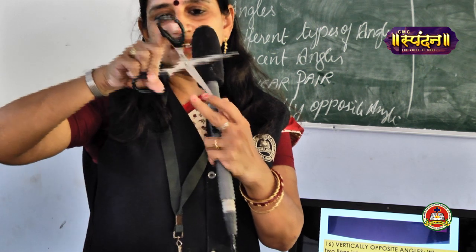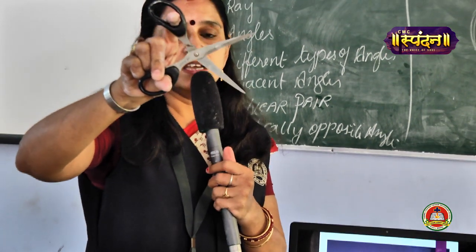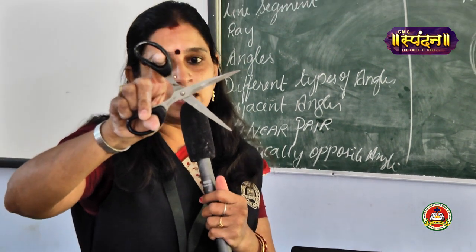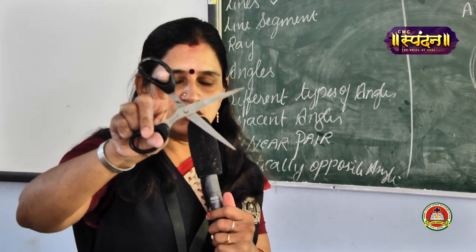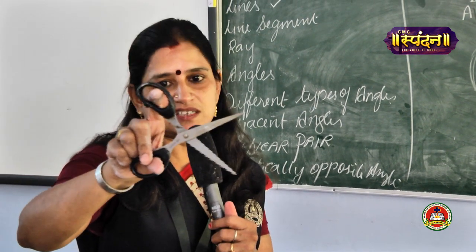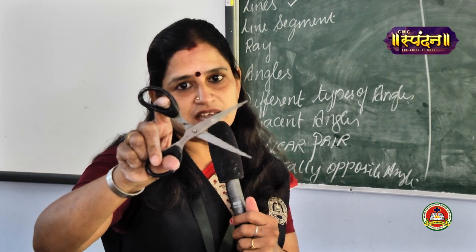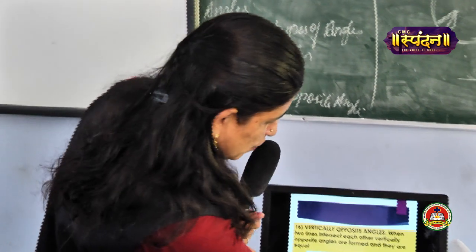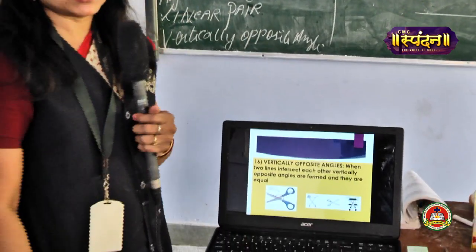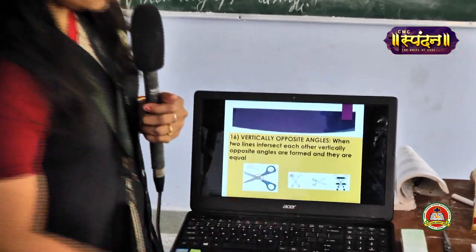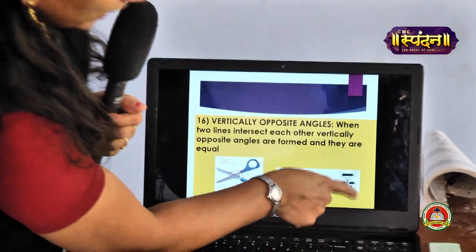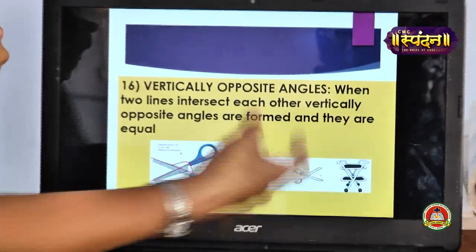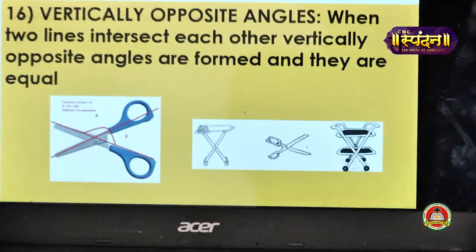So when two lines intersect each other like this, the vertically opposite angles are equal. The best example in your house is scissors. You can open the scissors and see how vertically opposite angles are formed. Here also I have shown the example. One more, you have a study table or press table, whatever you say, you can observe in your house. There also the two lines are given over here, that is the stand given over the press table.